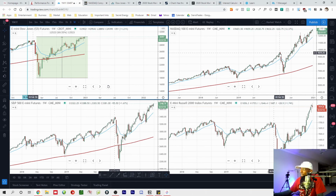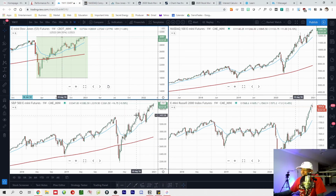We saw new all-time highs back in June. The Dow just saw new all-time highs in December. The S&P saw new all-time highs for the year in August, and then the Russell broke into new all-time highs in November. So we can see that all of the markets saw new all-time highs in